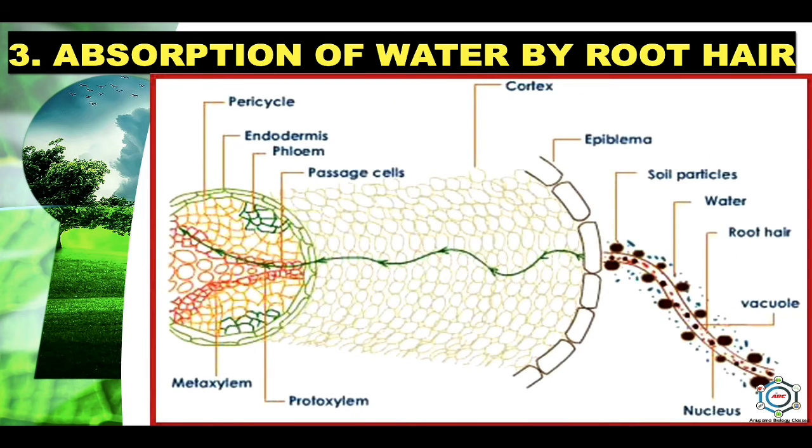Now the second, that is passive water absorption. Under the conditions of passive water absorption, factors originating in the upper part of the plant, like rapid transpiration, play an important role. The root cells play a passive role. Passive water absorption is regulated by transpiration. Actively transpiring plants allow water vapors to evaporate from the leaf cells and diffuse rapidly into the drier air outside the leaf. As water is lost from the leaf cells, their turgor pressure drops rapidly and they ultimately withdraw water from the adjacent xylem cells.